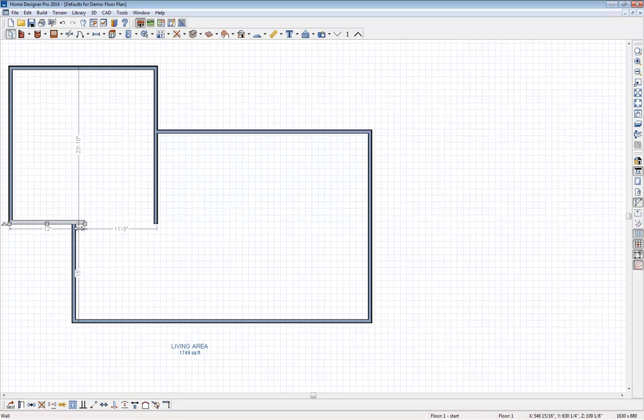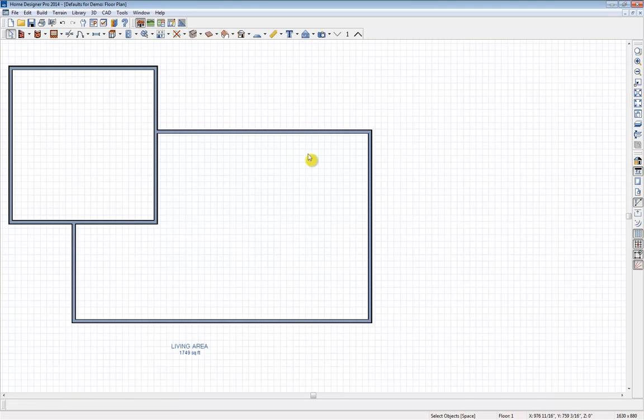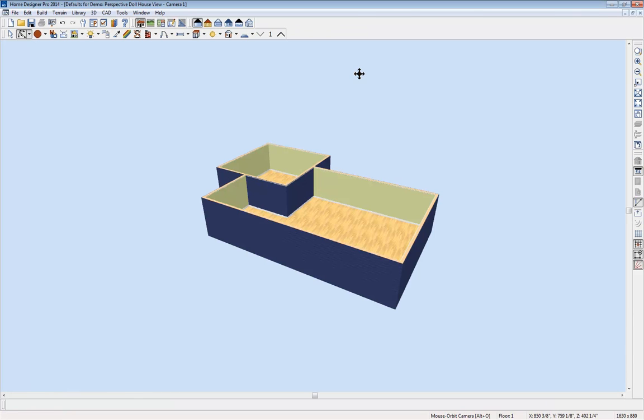And you'll notice when I click on a wall, we have these edit handles that appear here so that I can just click and drag to resize that wall. So now that my footprint is established here, I'm going to do a dollhouse view so we can see as I was building my floor plan, the 3D model was building right alongside it. So we have our floor that appeared below as soon as I finished my room, and drywall on the inside,